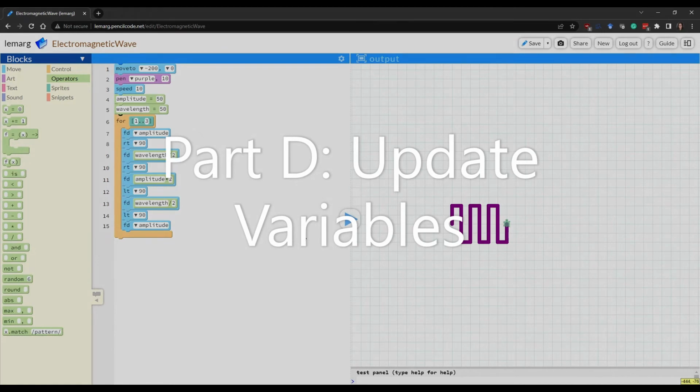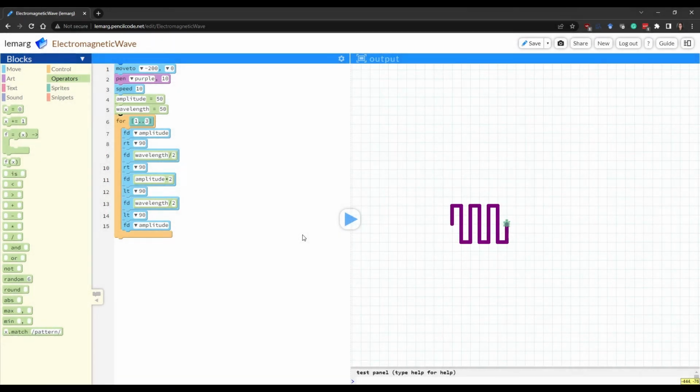Moving on to part D, which is updating variables within the program, helps us add another level of automation. So if we want our wavelength to decrease in value as it goes on so that it moves through different levels of the visual light spectrum, then at the end of the for loop, we can decrease the value of wavelength. We can do this by adding a variable block